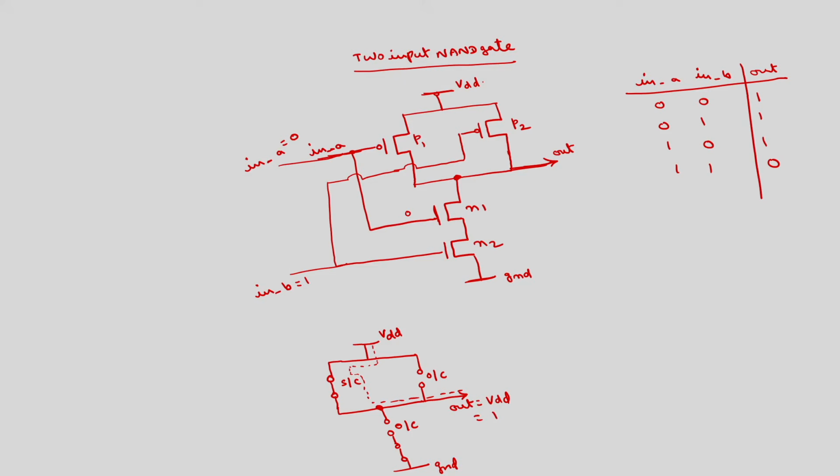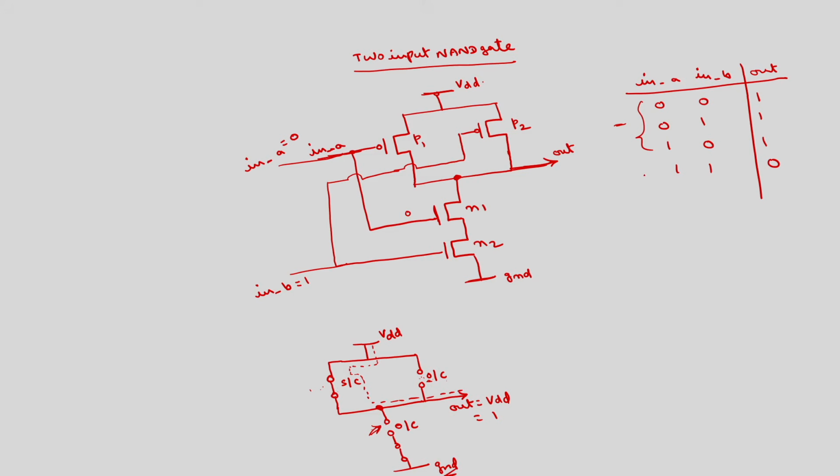Okay. So, regardless of whether both these switches are closed, if any one of the switches is closed, this is the situation, these three conditions. In these three conditions, either one of these is short circuited or both will be short circuited. In any case, this will connect through this. In any one of these three cases, at least one of these switches will be open circuited, so there will be no path to ground.